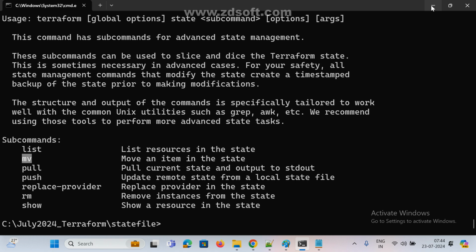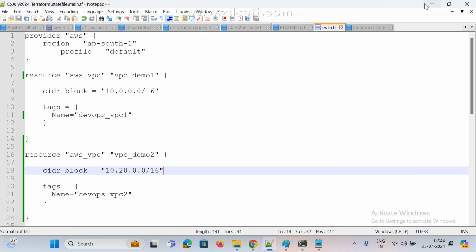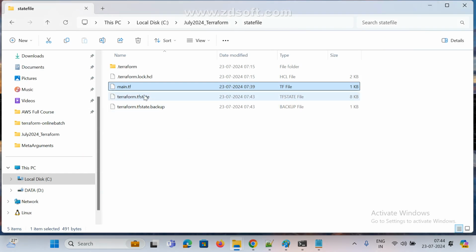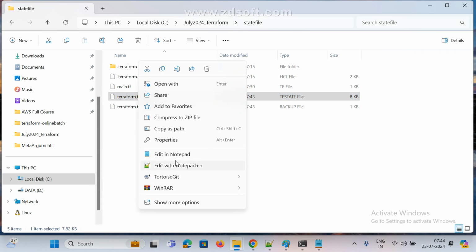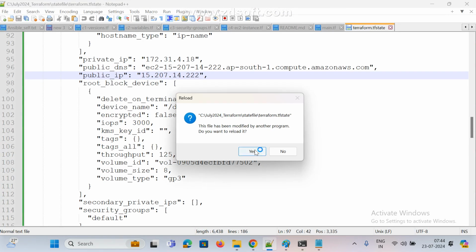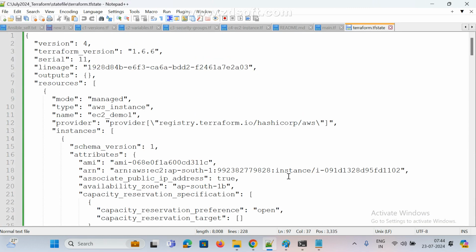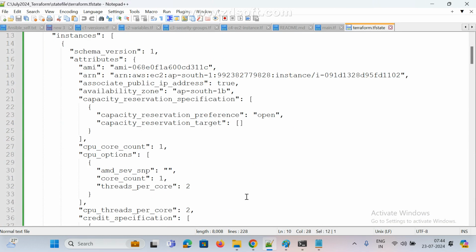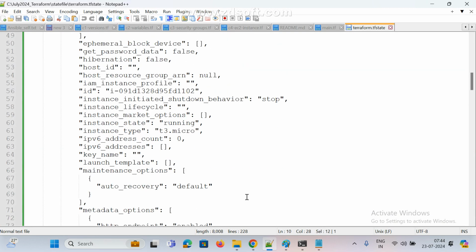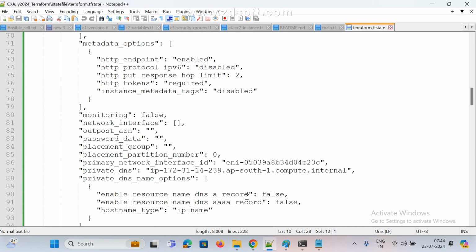Before moving, first let me show you the state file. This is the state file, right? Go here, open this file. This is the state file. Here, this is my information, the EC2 instance. Come down to VPC. Where is VPC?